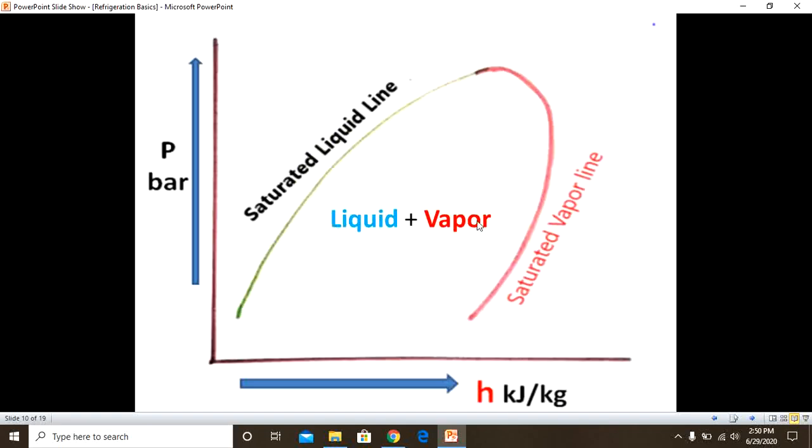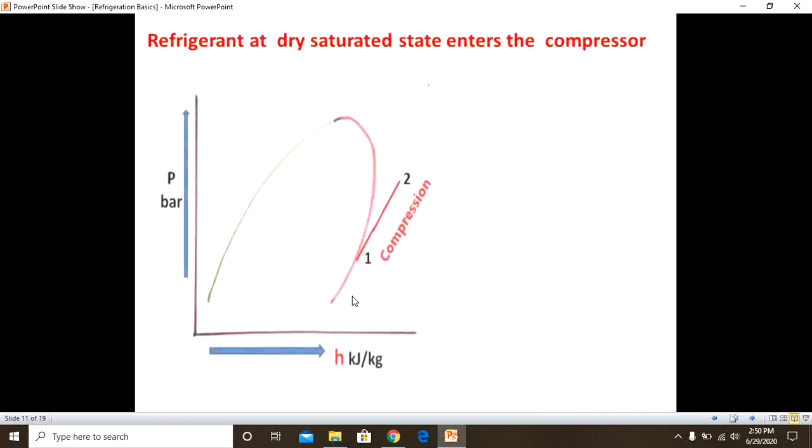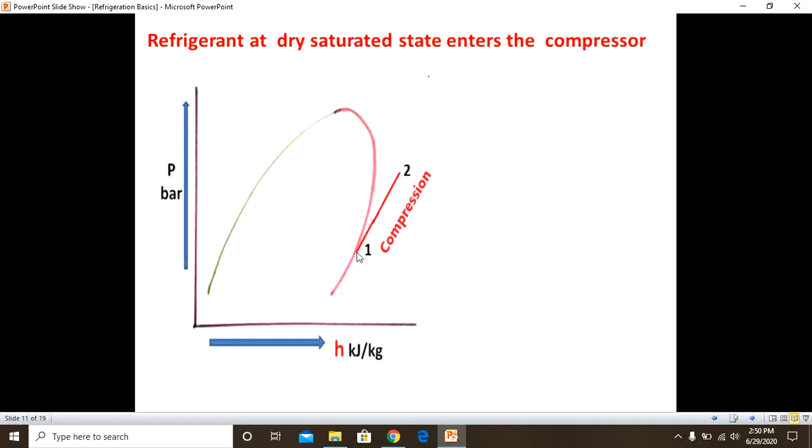Next, in between, what you will have is the so-called liquid plus vapor region. First let us go from 1 to 2. For this one you want to write the sketch that I showed earlier. One sketch I showed, all the 4 components. That sketch you note down properly, and then this will be very easy for you.